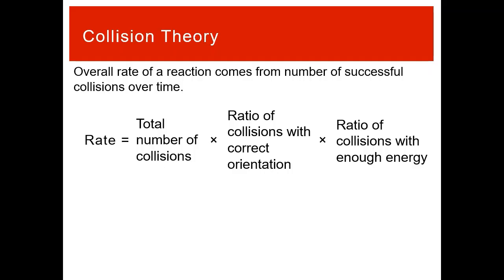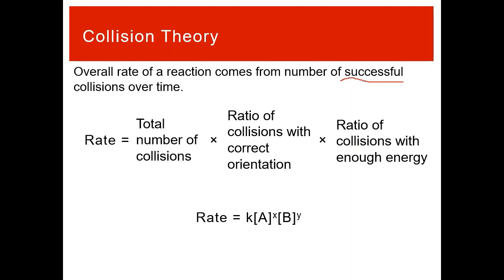The rate is going to be based off the total number of collisions. Molecules have to collide in order to react. So then the question is, what ratio of those collisions have the correct orientation? And then what ratio of those collisions have enough energy? So basically total collisions, and then we have these specifications of what makes a successful collision. It's going to be about that orientational dependence and the energy dependence. So this is our theoretical interpretation of what a rate is made up of, or why and how rates are